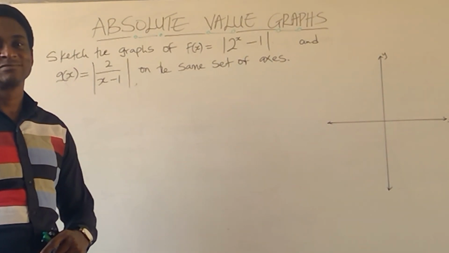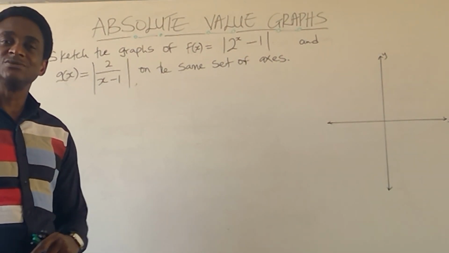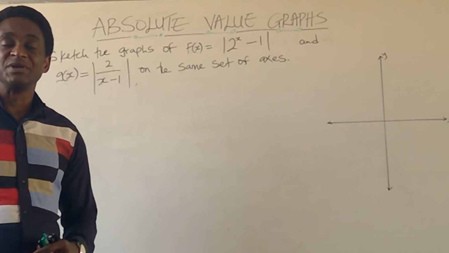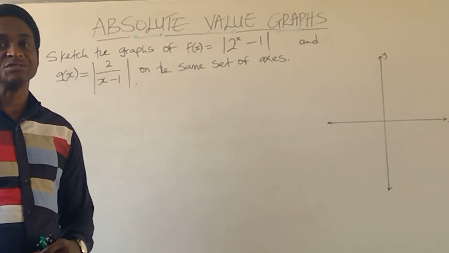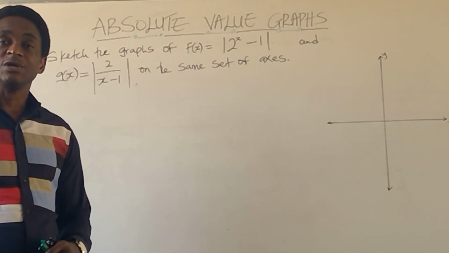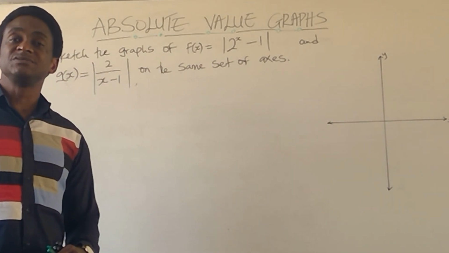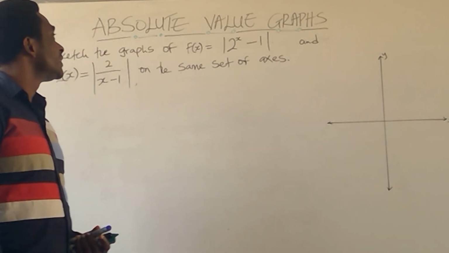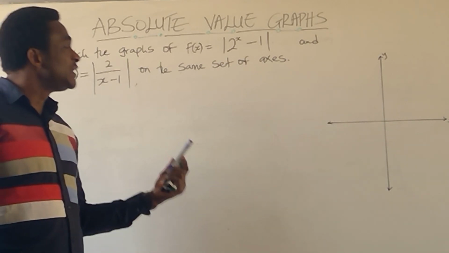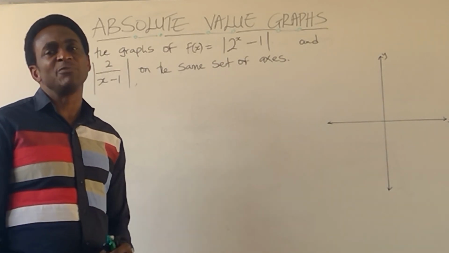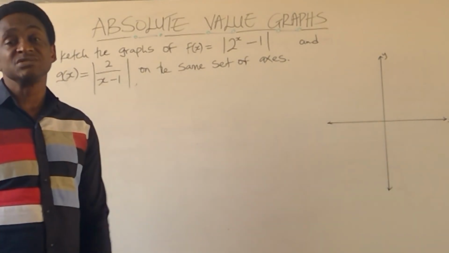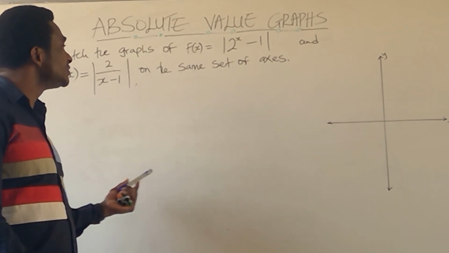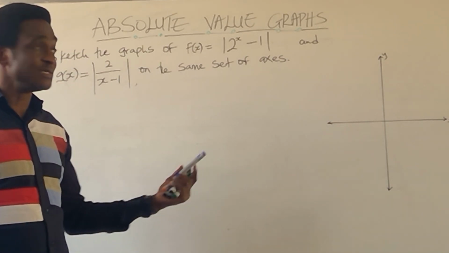Okay, today we are going to look at absolute value graphs involving exponential and hyperbolic functions. Previously, we dealt with absolute value graphs involving linear and parabolic functions. Here we use a slightly different approach. The sketching of graph is still sketching of graph. We just have to look at the critical conditions and the restrictions placed on this and know how